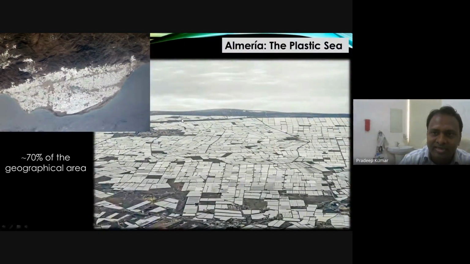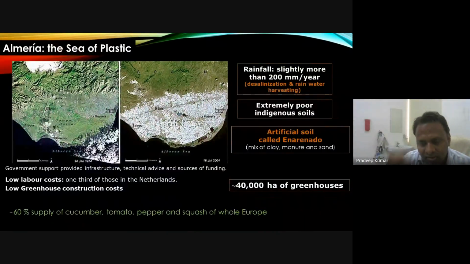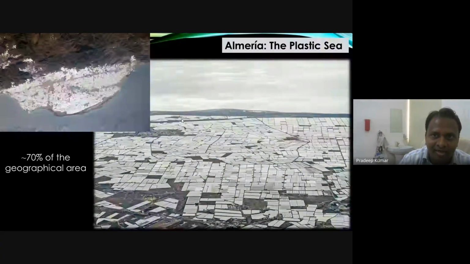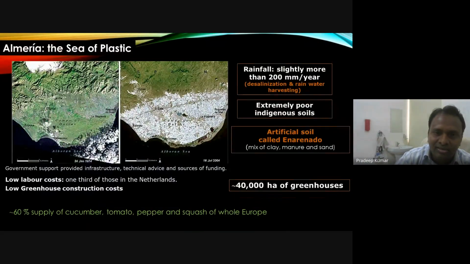Before that, Almeria in Spain was the leading place for protected cultivation. The most concentrated polyhouses or protected structures were in the southern part of Spain, that is Almeria, and around 70% of the geographical area was covered with this, with around 40,000 hectare of greenhouses. But in China now it is double, 82,000 hectare in a single province, Shandong. Whereas in Granada province, Almeria, there was around 42,000, and surprisingly the rainfall of that particular area is only 200 millimeter per year, and desalinization is the main